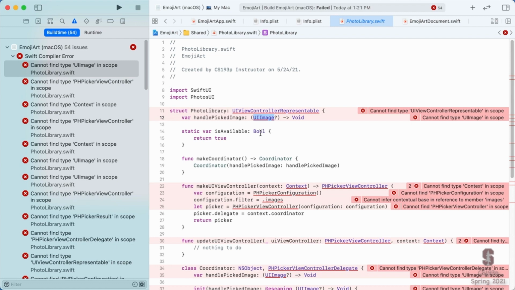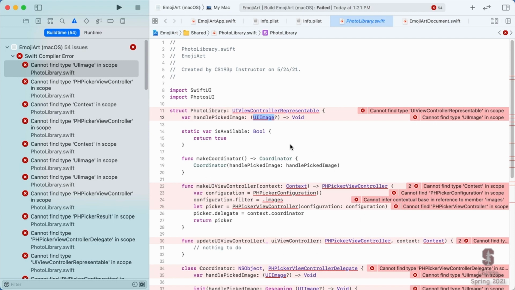Similar things, not exactly the same, but similar, but they're called NS on the Mac. So I'm going to do something kind of interesting here for the UI images. I'm going to type alias UI image to be NS image on the Mac. And that's going to essentially be like a search and replace of UI image with NS image everywhere.